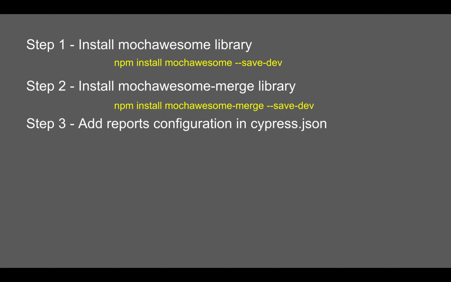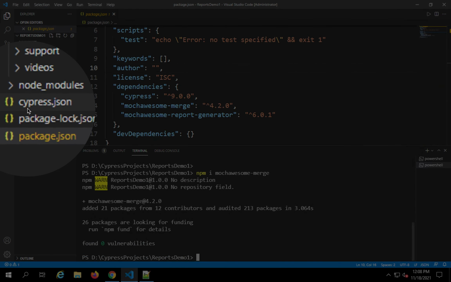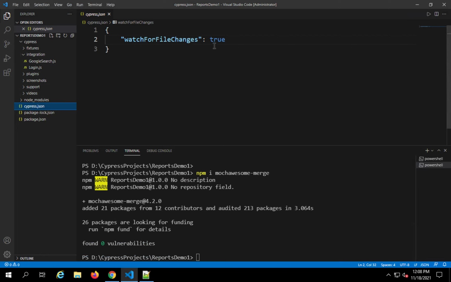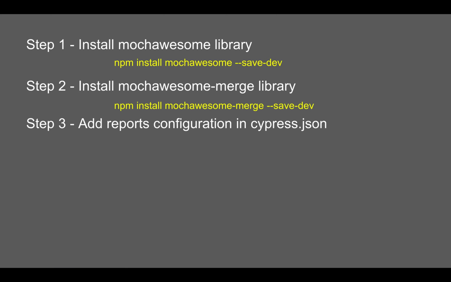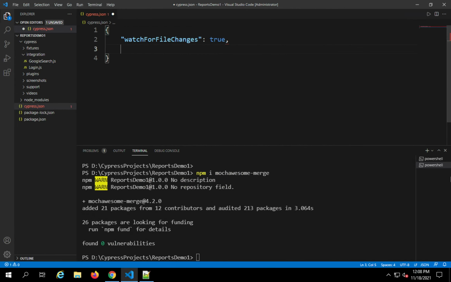Now we have to add the reports configuration in our cypress.json file. So I will go to my cypress.json file, which is here. This is the configuration file, and if you already have some configuration, just put a comma at the end and then go to the next line, and here we will add this configuration. We will say the reporter we are going to use is Mocha Awesome. So I will say reporter, and this can also be done from the command line, but let me just put it here,